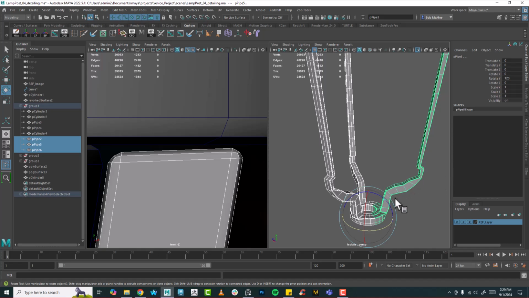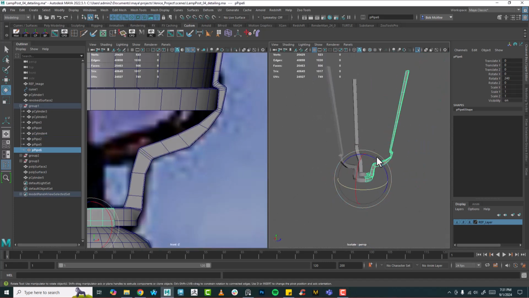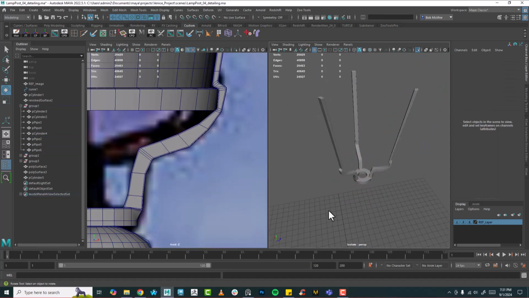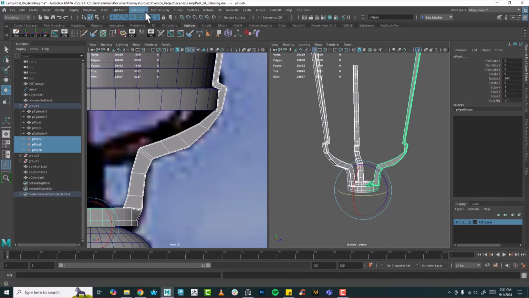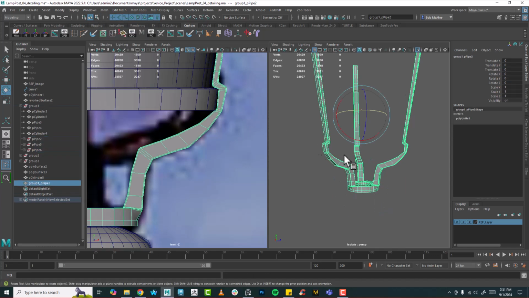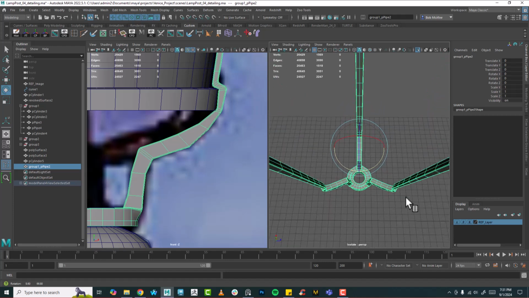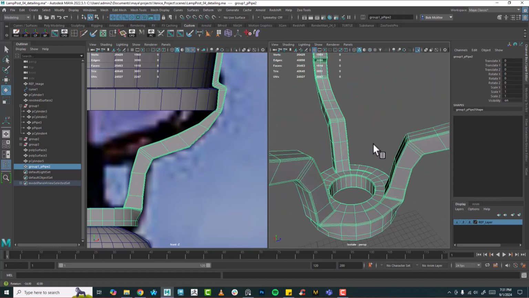I was thinking about some of these edges here could use bevels. I'm just going to pause, fix it. Okay, so I just fixed it and re-duplicated them. I'm just going to take them and go to Mesh, Combine. I'm just going to delete the history. And I should point out that,